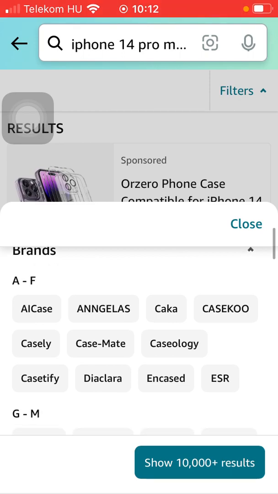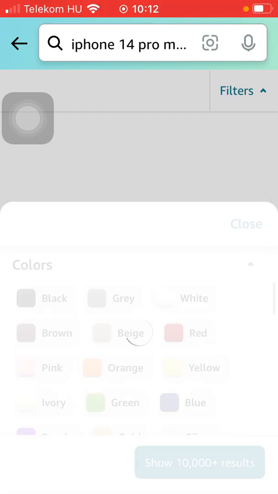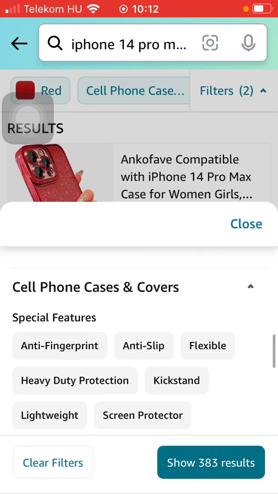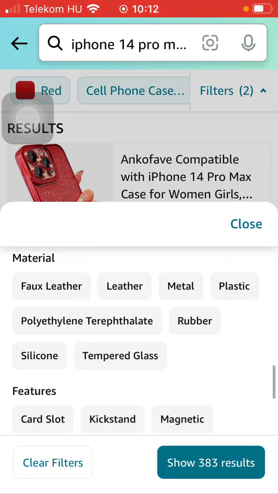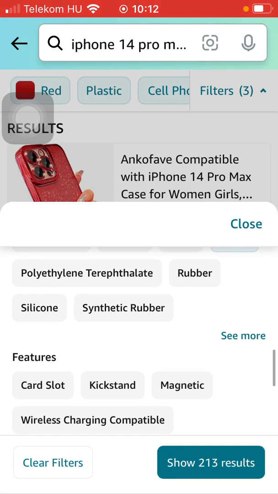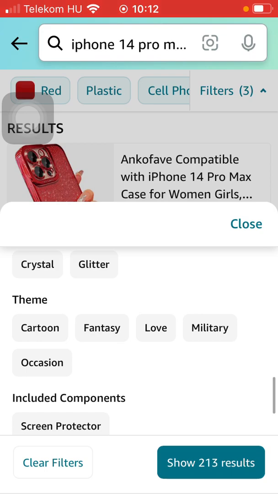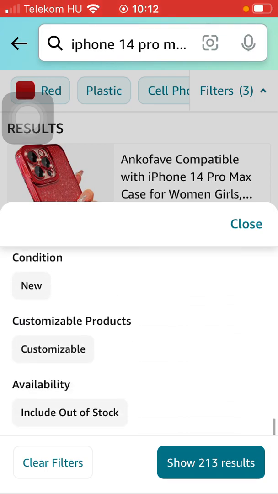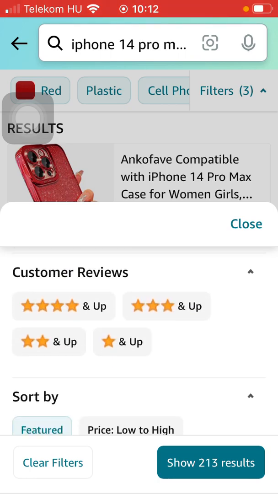Then you can choose from the available brands here, colors as well, price, deals, cell phone cases and covers, phone compatibility, material, features, embellishment feature and the theme, included components, pattern, finish type, condition, customizable products availability, and you can also select